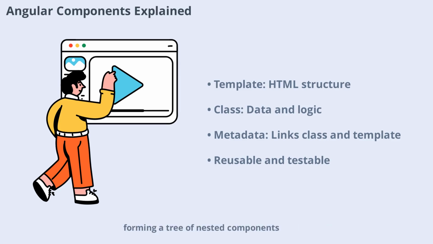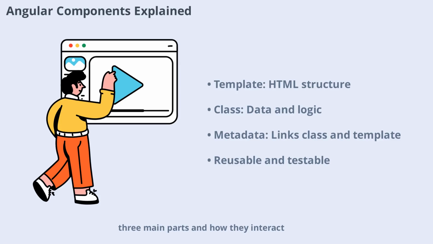Components are self-contained, reusable, and testable, forming a tree of nested components that make up the entire application. Interviewers often ask about the structure and purpose of components, so make sure you can describe their three main parts